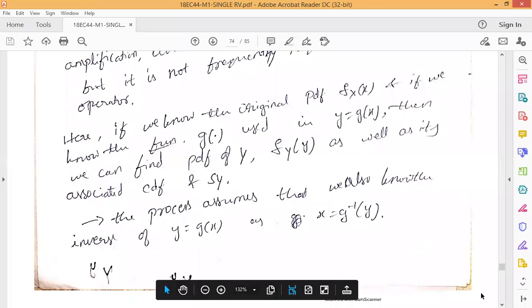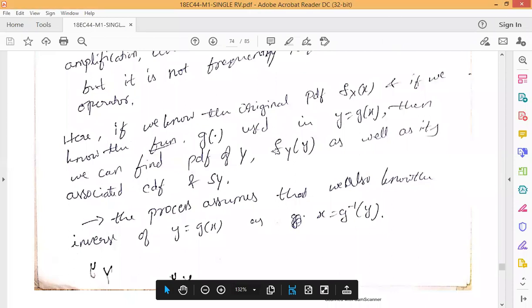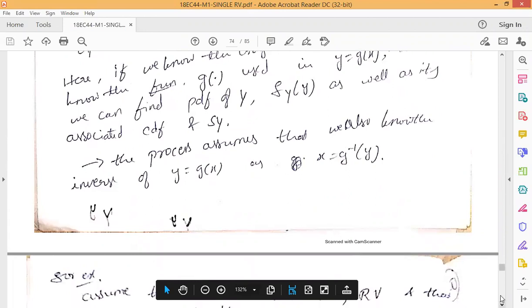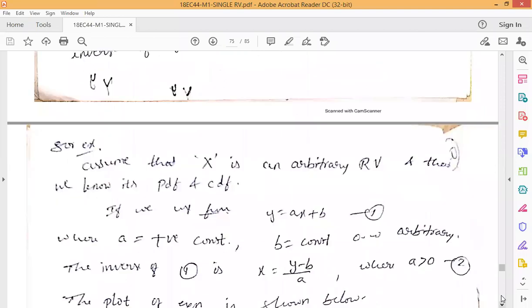The process used in functions of a single random variable assumes that we will know the inverse of the function y is equal to g of x. Suppose we consider the function y is equal to g of x. The inverse of this function is simply written as x is equal to g inverse of y. Assuming the inverse function is known, we are going to identify the PDF,